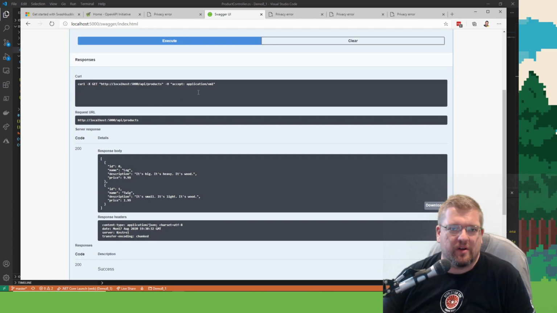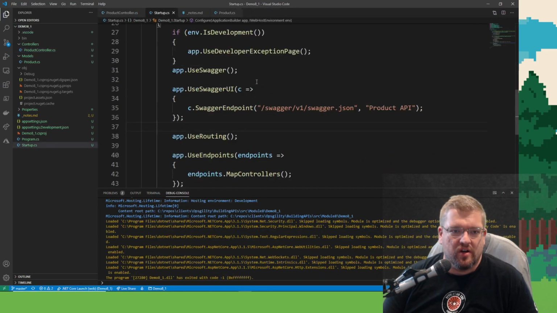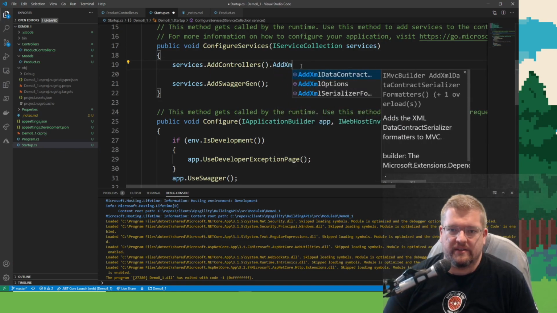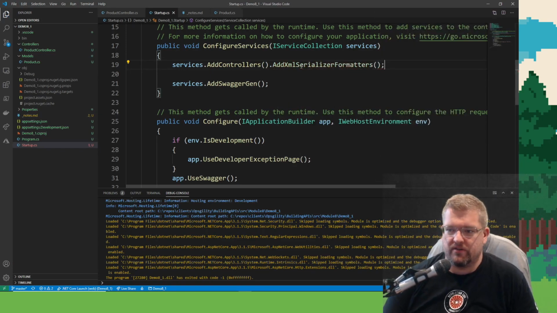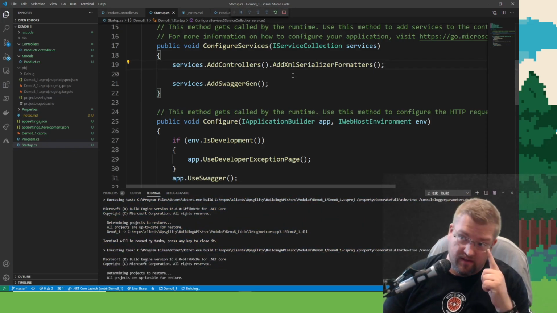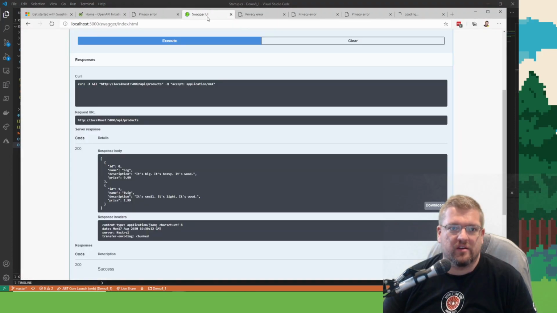Oh, I know it's not working because I'm dumb. So over here in startup, you have to add XML serialization formatters. There you go. Now if you do that, what should happen with Swagger?